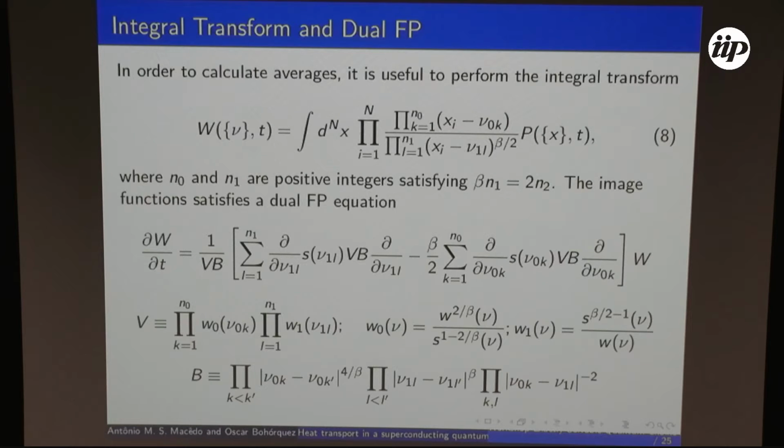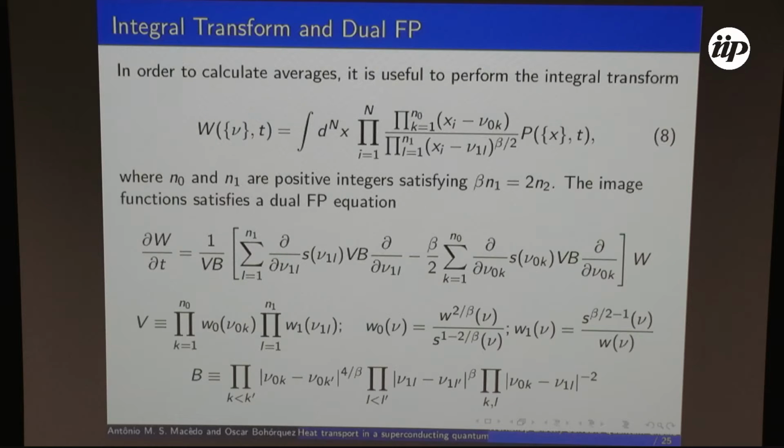But of course it works in many other different problems, and here is how you choose the kernel. It's a generalization of the Euler kernel that's used for the hypergeometric function. We know that's more or less in the class of the hypergeometric function because of the Fuchsian representation that I talked about earlier. Okay, so use this generalization of the Euler kernel, and there is a connection between N1 and N2 related to the beta symmetry index that I showed in the table for the different symmetry classes. Okay, so now we calculate the image functions, which is this W.